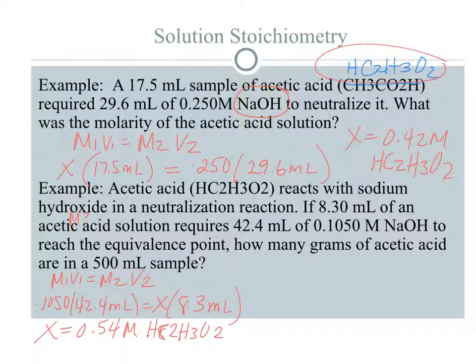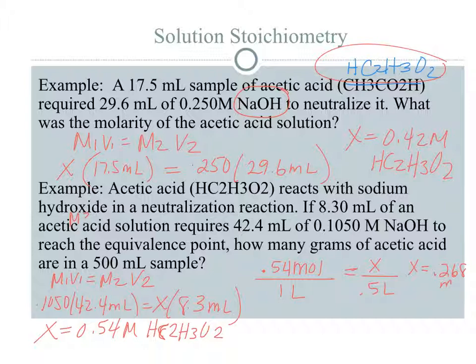Okay, so what I know is when I figure out this molarity, I have 0.54 moles in 1 liter. Therefore, I want to know how many moles I have in 0.5 liters. Well, it should make sense that if 1 liter is 0.54, a half a liter is going to be half of that, which is going to be